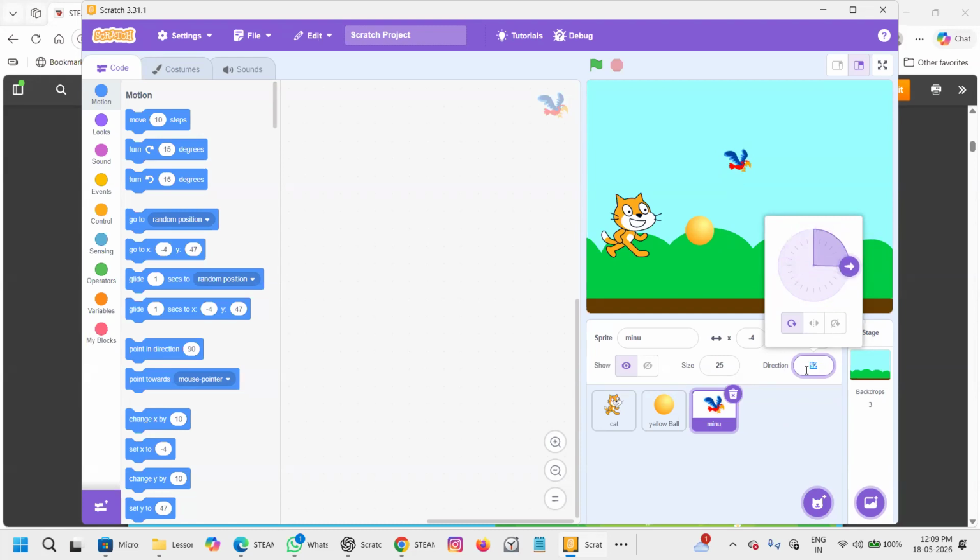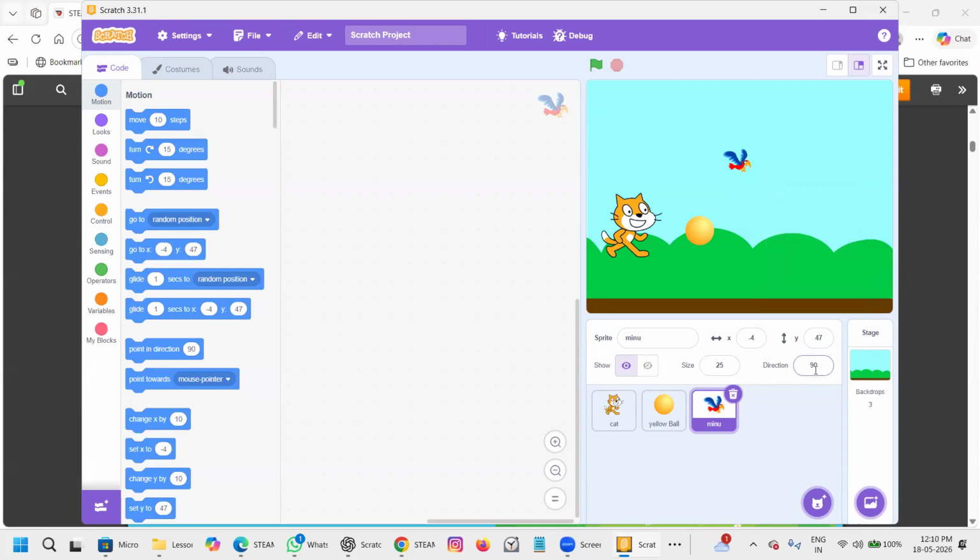Or you just write here 90. 90 is the normal size and 100 is the normal size. 100 is normal, it is default, which we call in computer language, default. So this is the default size. Okay. If I increase the size of the sprite to 100, how big it will be? Say.